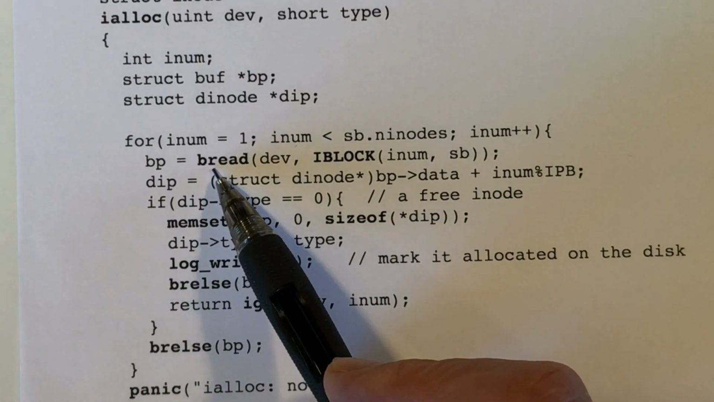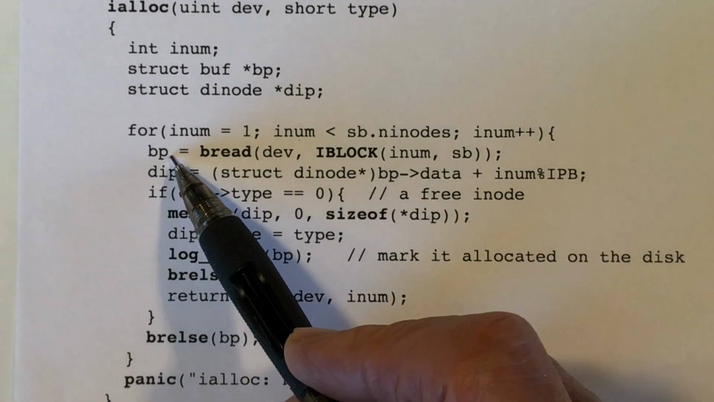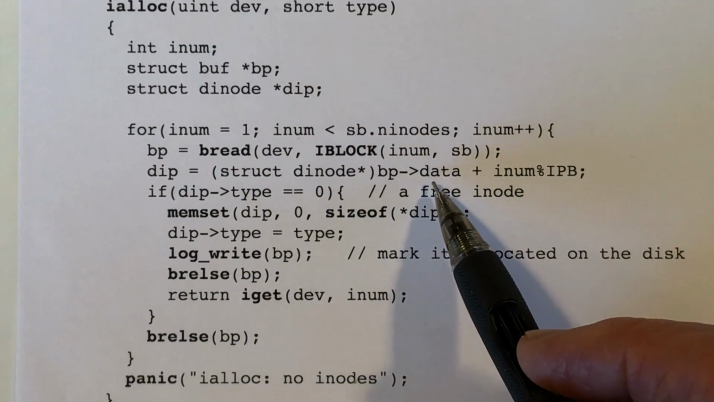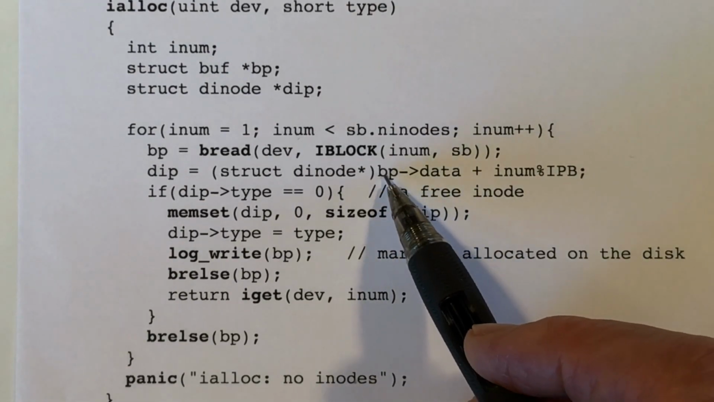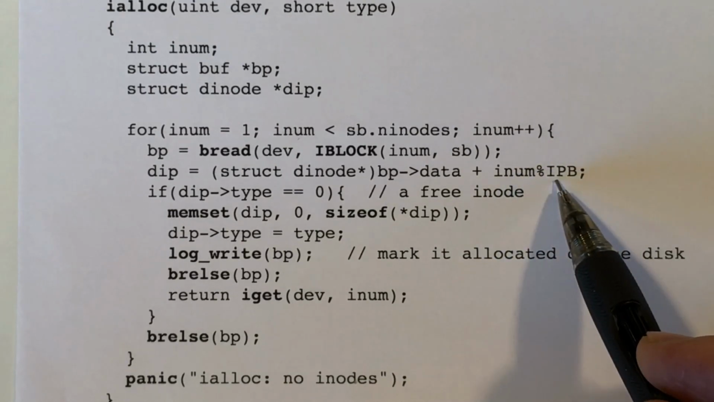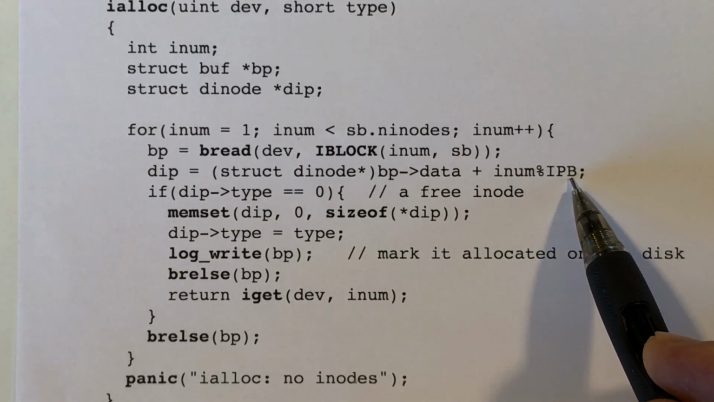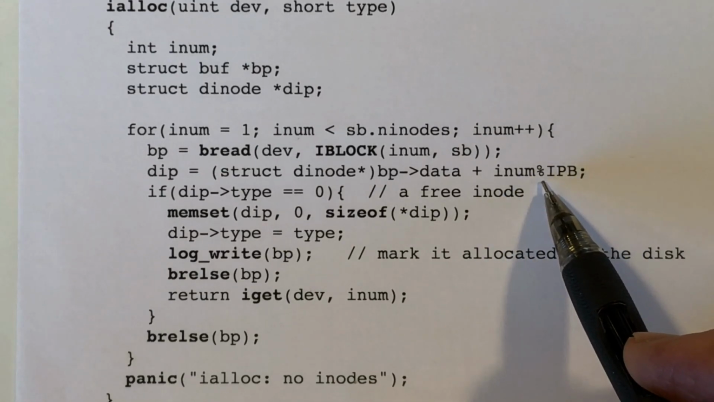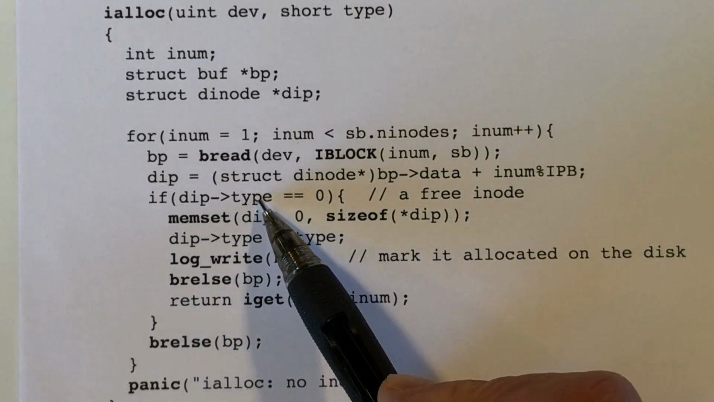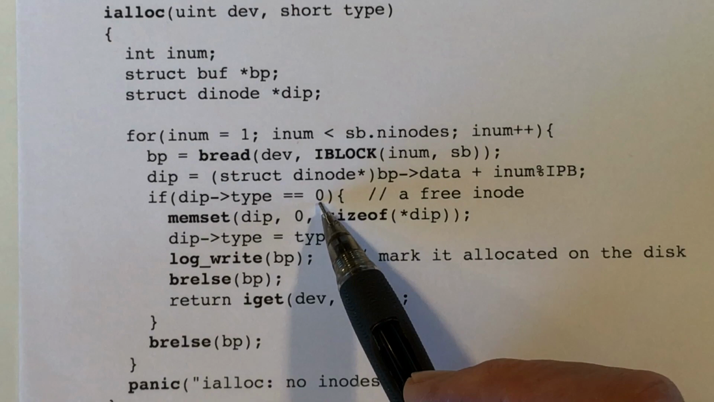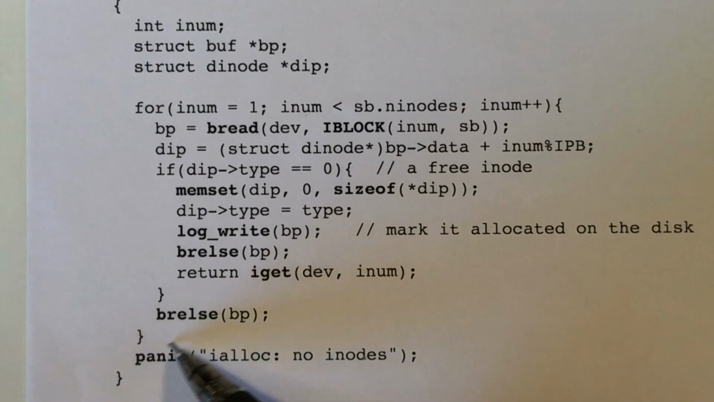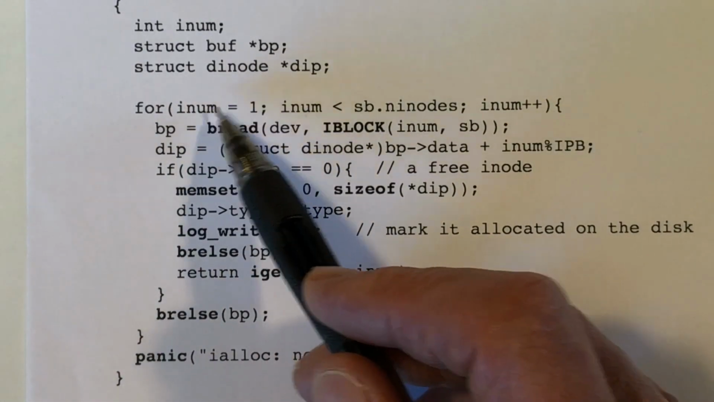So then we compute, once bread returns, it has a pointer to the buffer that we've read in. And we then figure out where in that buffer we can find this particular inode. So here's the pointer to the data of the buffer, and we take the I number modulo the inodes per block, and that tells where in the buffer we can find the on-disk data for this inode. And then we look at its type field, and if that's 0, okay, then we found one that's free. Okay, if it's not 0, then we release this buffer and loop back to the next I number and call